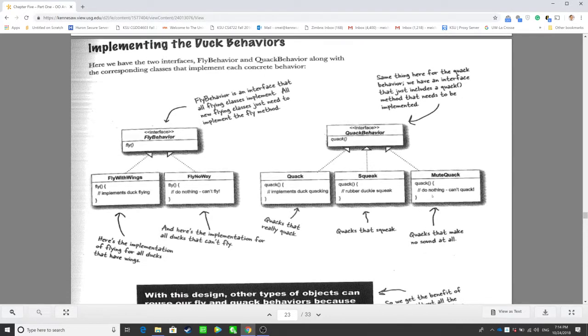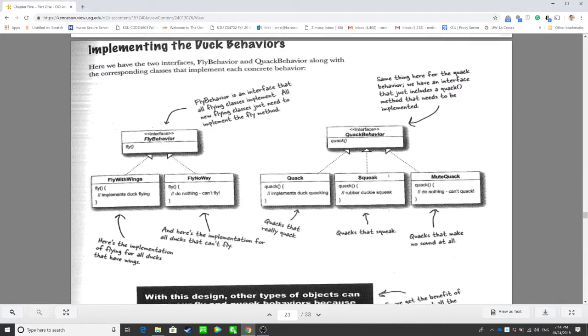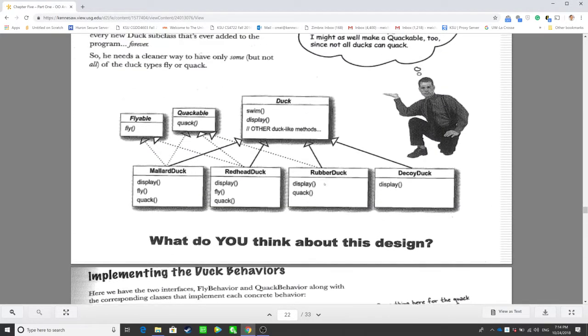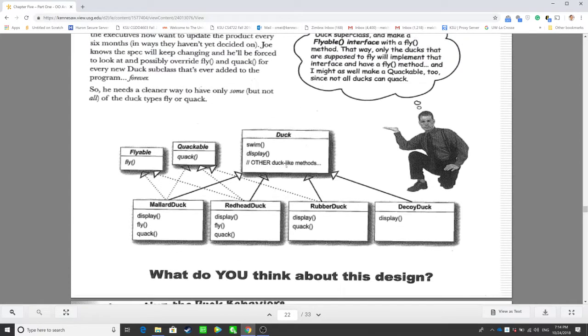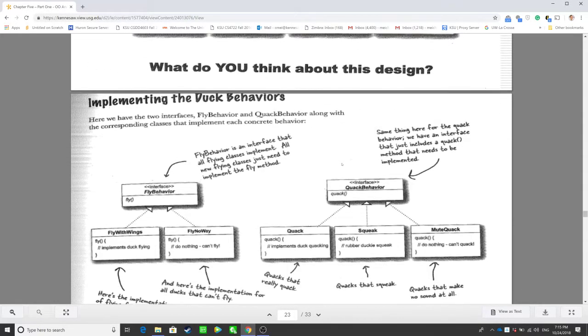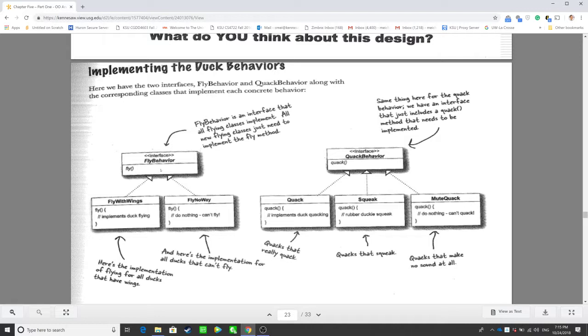So here we have the two interfaces, fly behavior and quack behavior, along with the corresponding classes that implement each concrete behavior. This actually answers the question you just asked. In this design, you have to write it twice, okay? But if we improve this design by saying fly behavior and quack behavior,